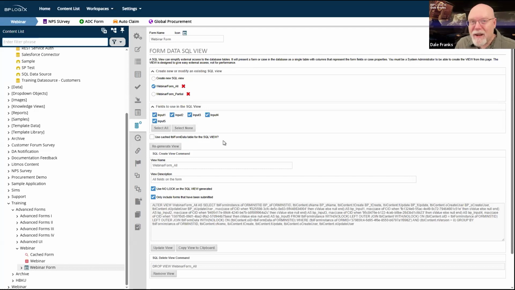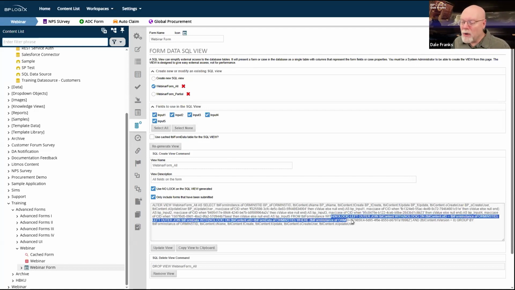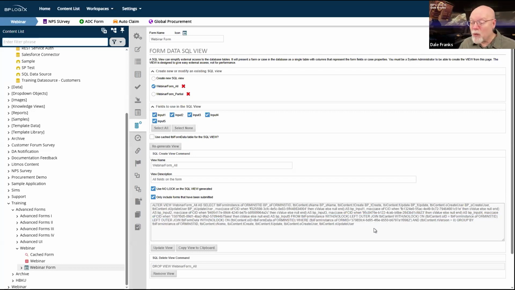But wait, there's more. We can make it even faster if we want to, because again, we are doing a bunch of joins here, way less than a knowledge view, but still joins on these tables that we can kind of get rid of, because I'm still ultimately having to look into table form data to grab this data.